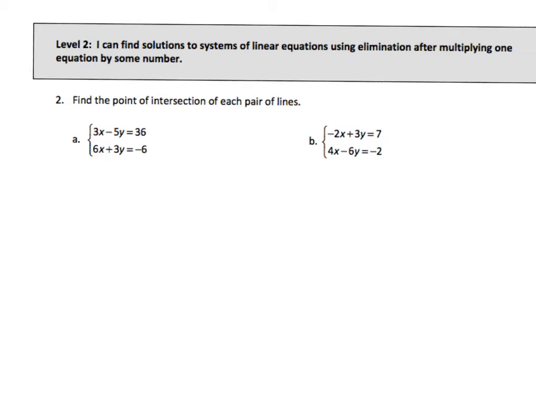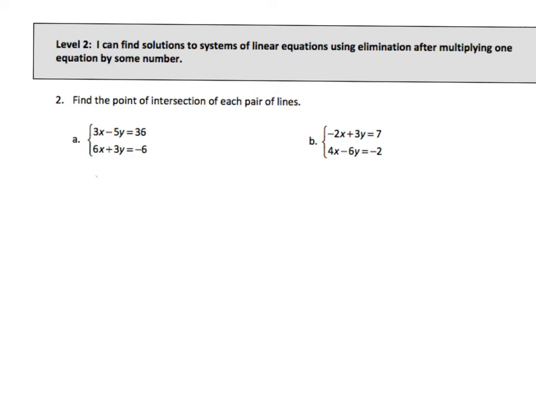Level 2, I can find the solutions to a system of linear equations using the elimination method after multiplying one equation by some number. So a little bit different than level 1s. It's not as easy as just adding the equations together and getting something to eliminate. We're going to have to multiply one equation by something in order to get a variable to eliminate. So if we take a look at A, we have